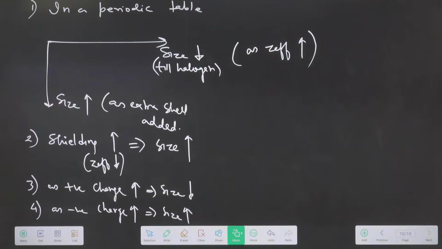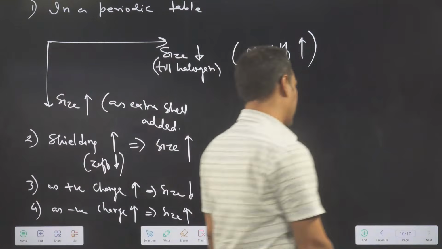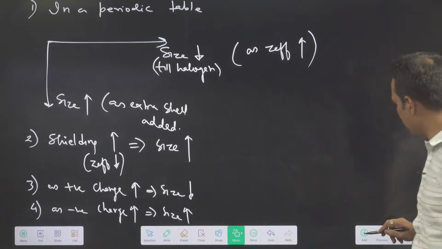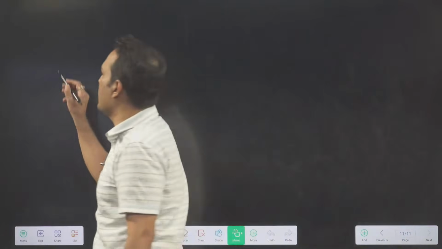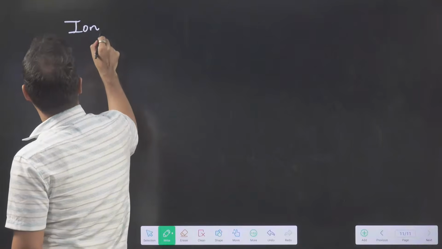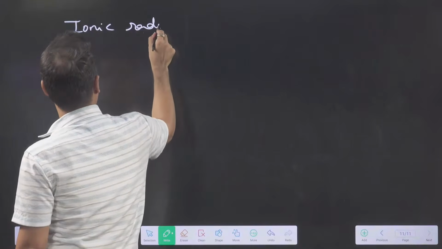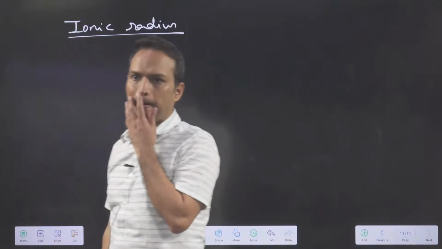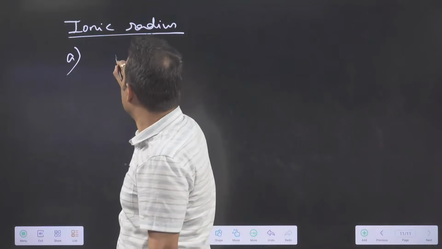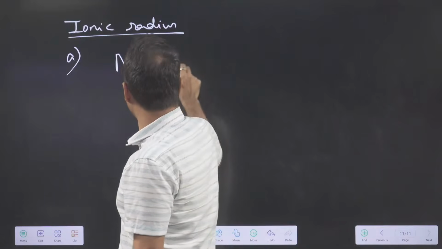Okay, positive charge and all, what is happening? Positive charge, negative charge, what is happening? This we will tell you. So whenever we are talking about positive charge, negative charge, that means we should quickly jump to ionic radius. We are talking about ionic radius. Now you can say, suppose I ask you size of Na plus and Na,